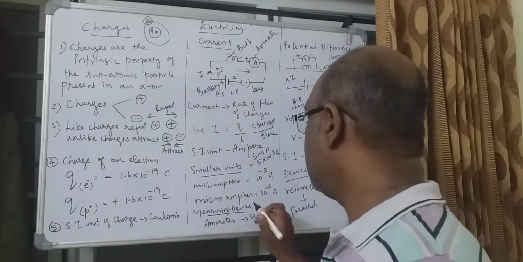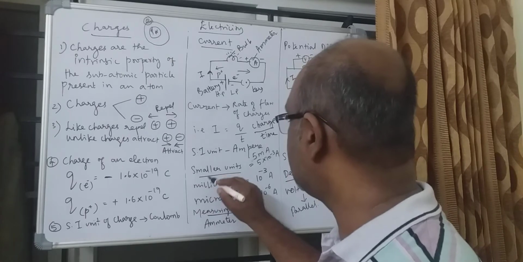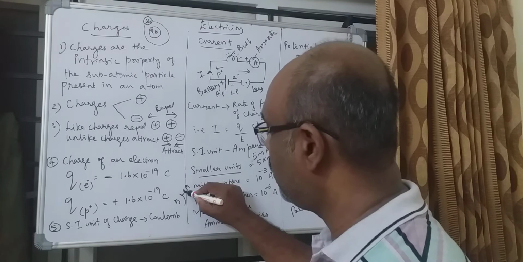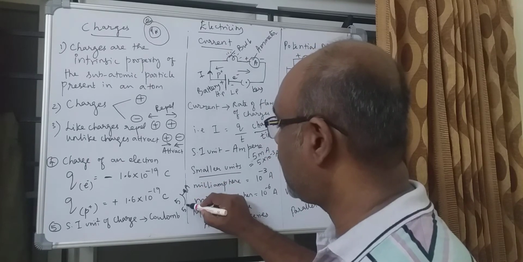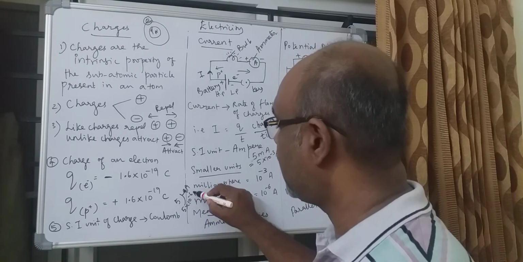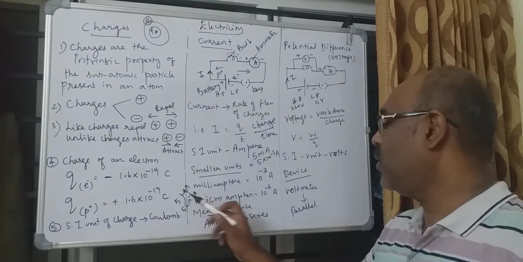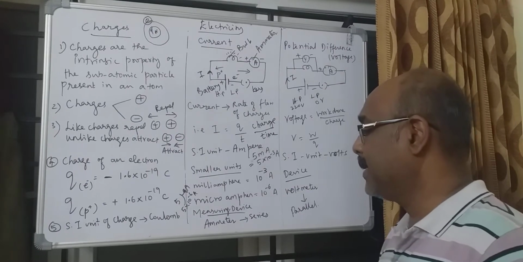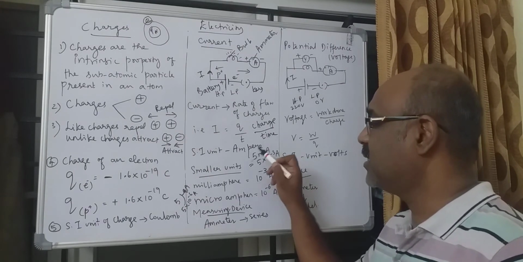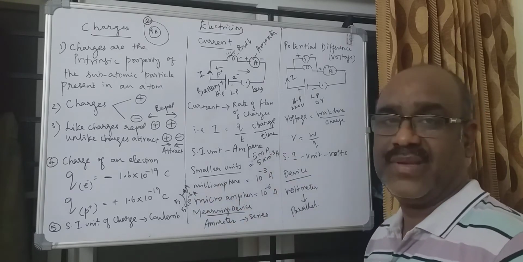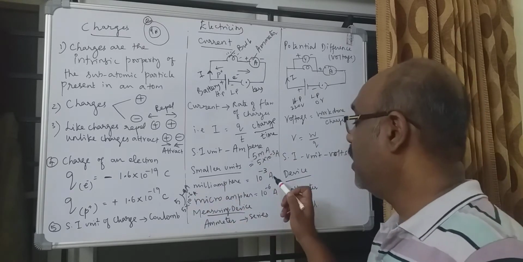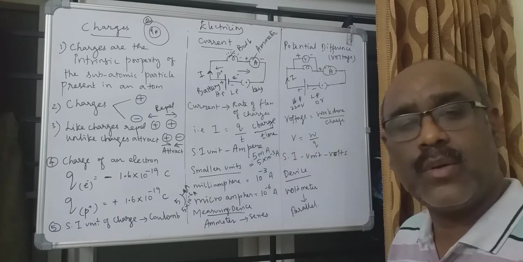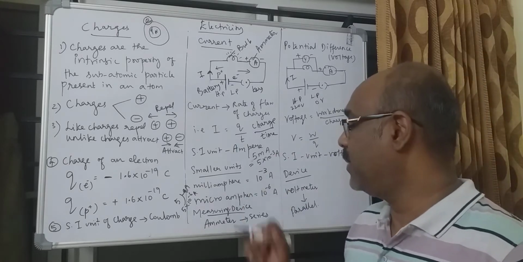And for microampere, suppose it is denoted like this, 5 μA, then we have to write it like this, 5 into 10 to the power minus 6 ampere. So for micro it is 10 power minus 6, and for milli it is 10 to the power minus 3 ampere. Sometimes in the problem they will give only 5 milliampere, 5 microampere, like that, where we have to be very careful that we put 10 to the power minus 3 for milliampere and 10 to the power minus 6 for microampere.